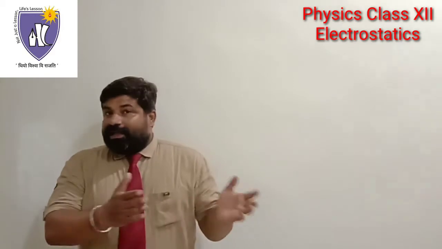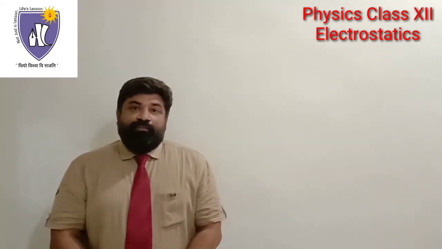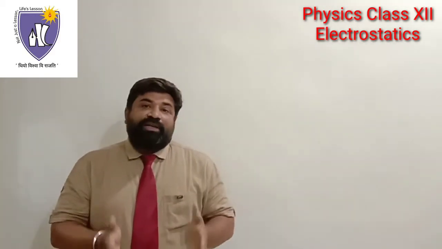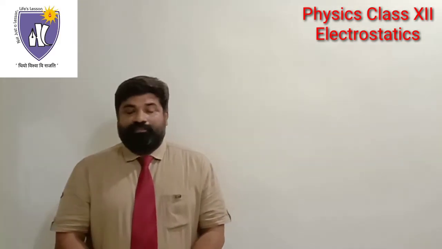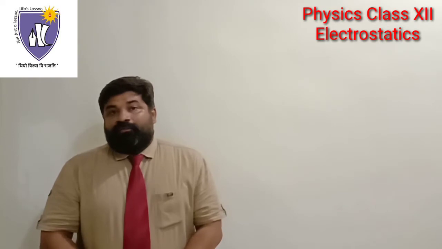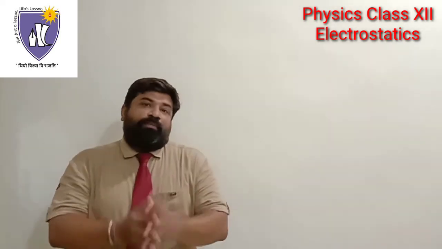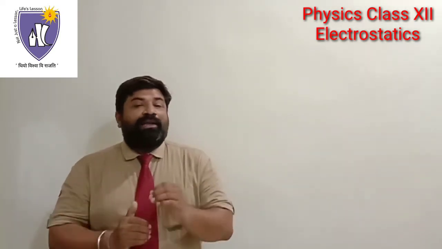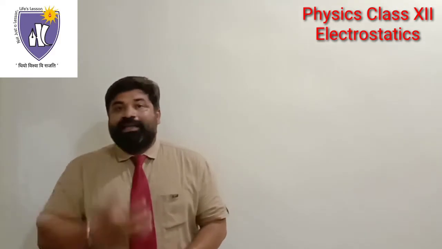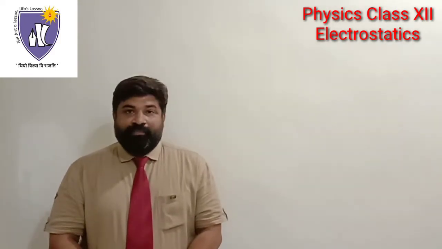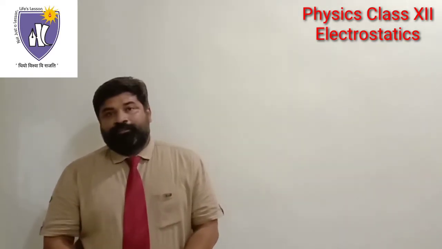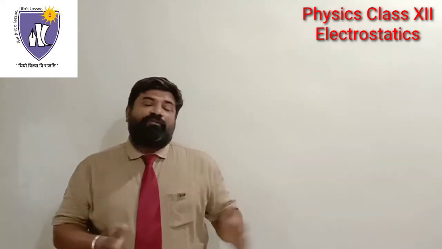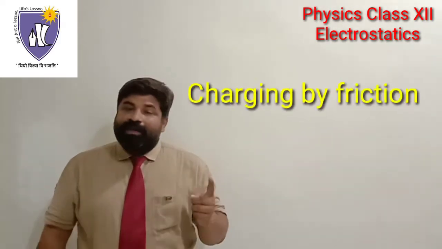Like I said in my previous video, usually the objects are neutral, that means the number of electrons and protons are equal. Like I said, we can charge a body, that means a body can lose electrons or gain electrons. Fine. Now by three different methods we can do that. This is called the charging of a body, the next topic which I am discussing right now. The first method is